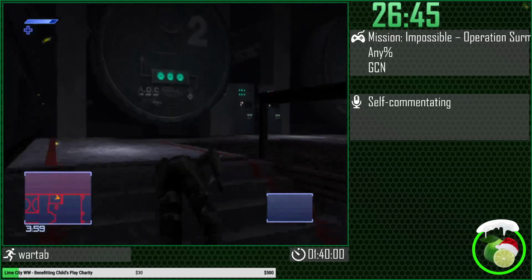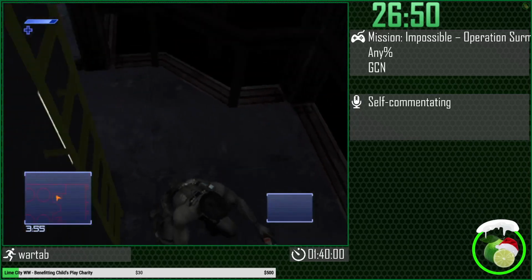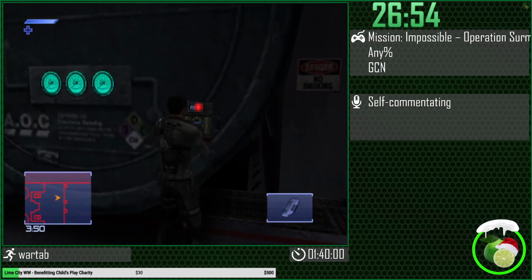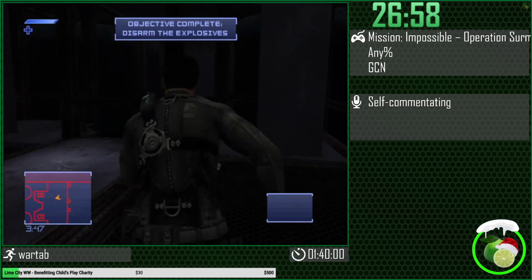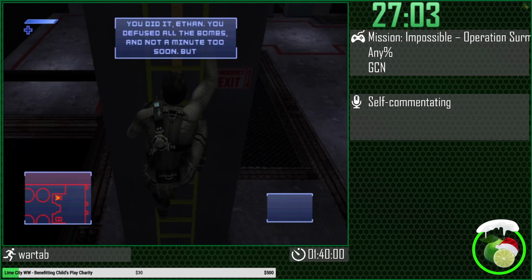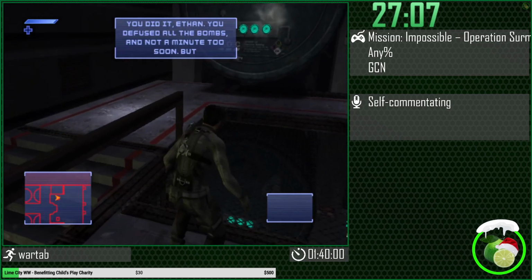Doesn't look like it can shut down. And the last bomb is here. Gonna skip the ladder by going sideways. You don't take any fall damage from that. But I can make the tapes accessible and the last bomb has been disarmed without getting hit. And now we will leave to go to the last submission here, which is gonna be our